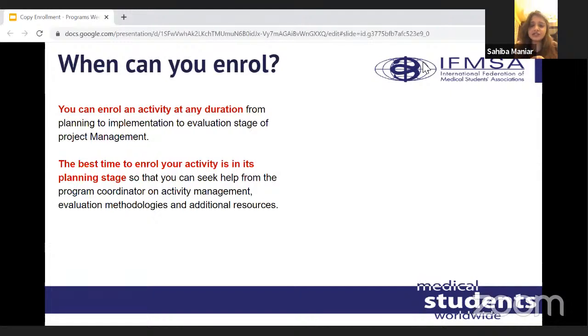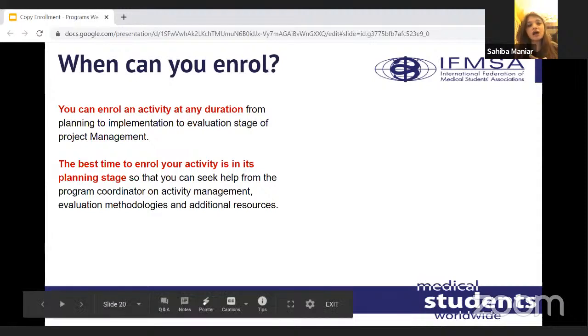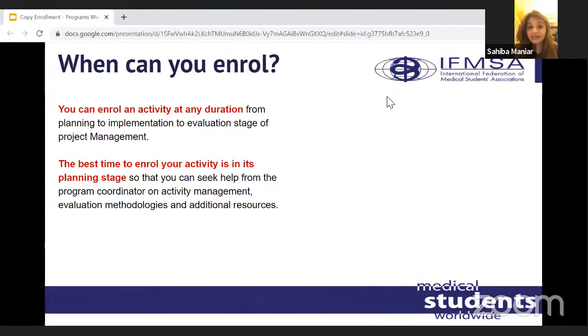When can you exactly enroll? One question that we are asked all the time. The answer to this is very, very simple. You can enroll an activity literally whenever you want. But the best time to enroll an activity is before you plan it, so that your program coordinators could help you with resources. They could help you with planning, monitoring, suggestions with evaluation. They could help you get maximum impact from all your methodologies and all your